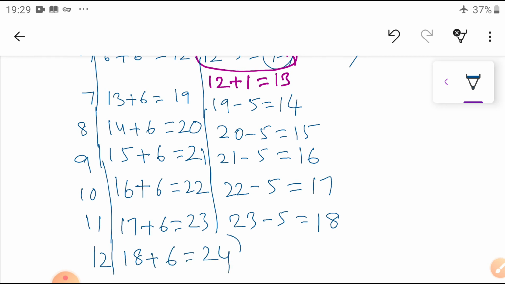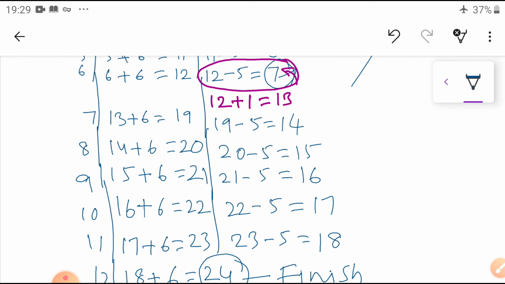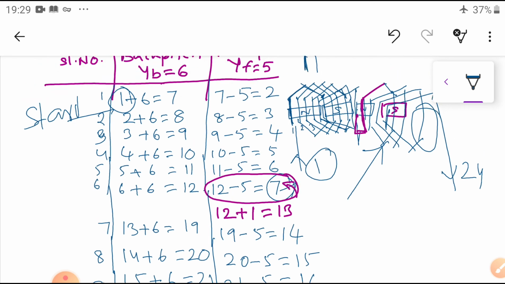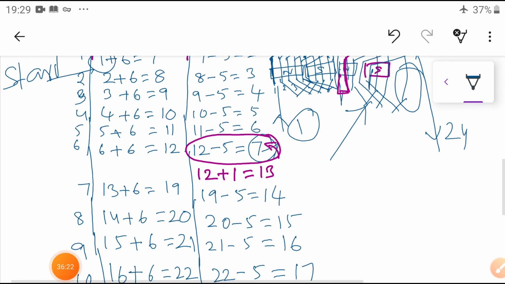So this is the final conductor. You can see this is the finished conductor. And where this one is the start conductor. Okay, so we started here, we ended here. So this is the 24th, this is the first conductor. So it is not a closed winding. Okay, so these are the table, dear students. Once again you can see, with the animation.